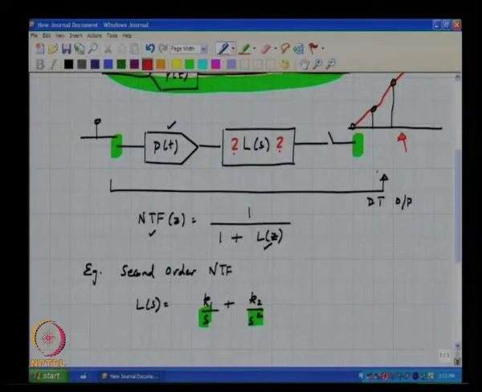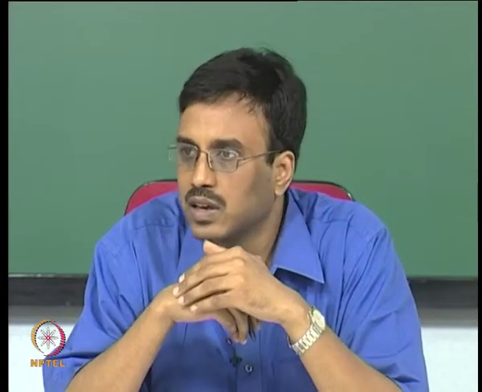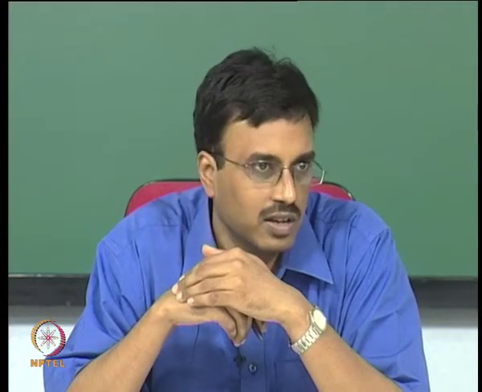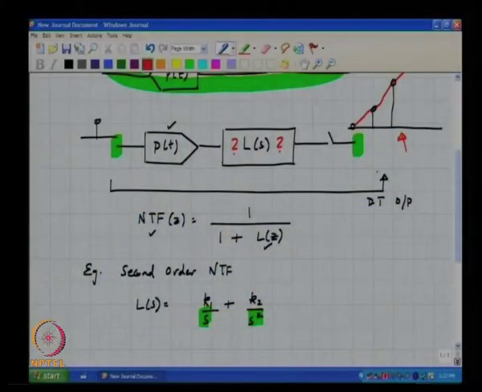Whether you take n equal to 1024 and 6752, if you take those two equations and solve for K1 and K2, you will get exactly the same solution as you would get for n equal to 1 and n equal to 2, namely K1 is 1.5 and K2 is 1, if you want to realize a closed loop noise transfer function of (1 minus z inverse) the whole square, correct. I mean at least I would be somewhat puzzled that this is happening, okay.